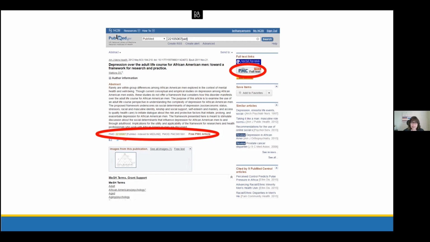PMID is a record for everything that is in PubMed. That PMID is referring to this page where there's a title, an abstract, etc. You can see over here in the top right where it says full text links. That's how you would actually get to the whole paper from PubMed. Sometimes there's only one, sometimes there are multiple full text links. But the PMC ID being a different number, and the fact that it says free PMC article right there, is telling you that this was also funded by the NIH, and that this paper has this link over here in the top right, the full text link going out to Pubmed Central. So when you click that link,